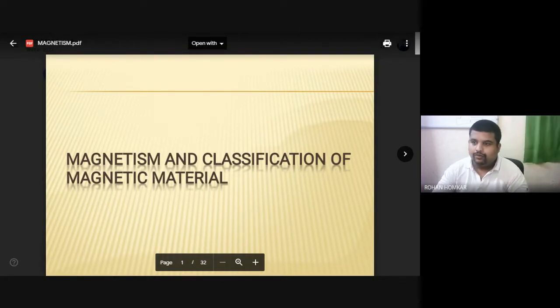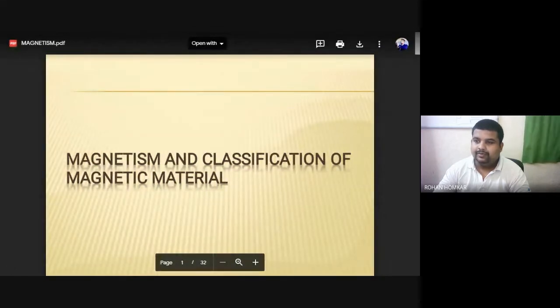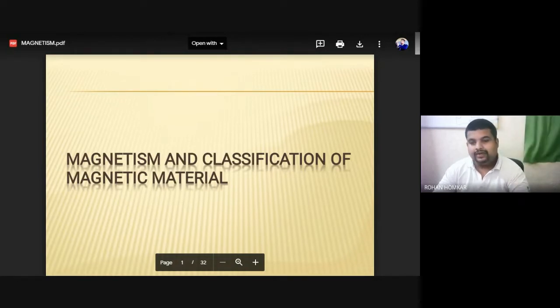Okay, now if we talk about magnetic material, we generally say that magnetic materials are nothing but the materials which have magnetism or magnetic properties, and that property is not only related to attracting metallic particles or metallic objects, but it is also related to using that magnetism, its ability to control mechanical movement, and using it for our machineries as well as signal related applications. Okay, so this is how we can say that magnetic material plays a very important role.